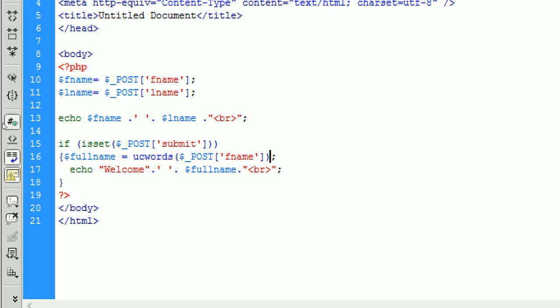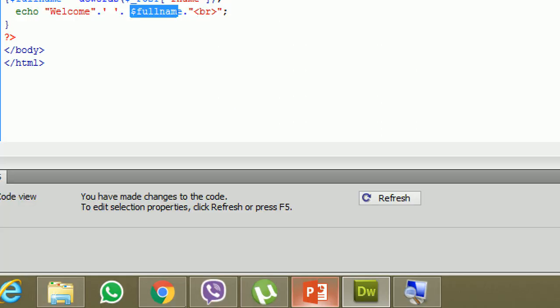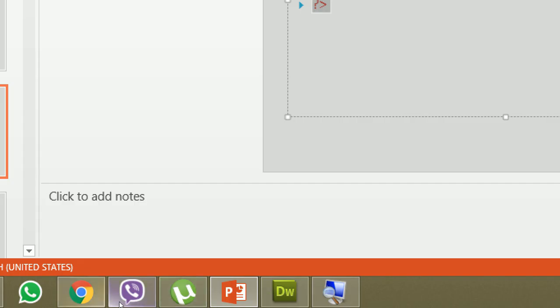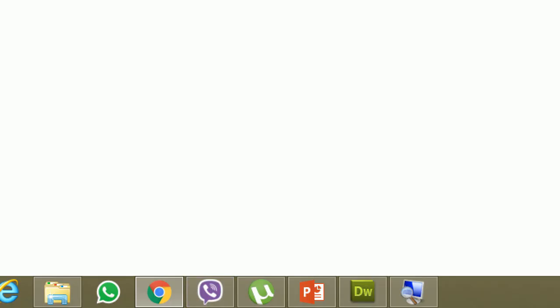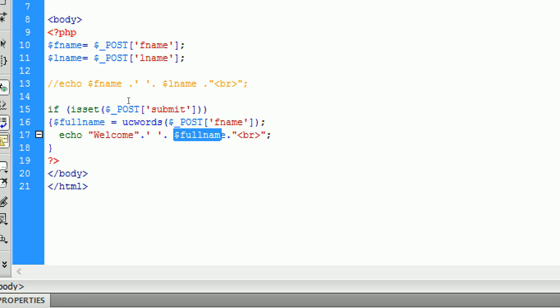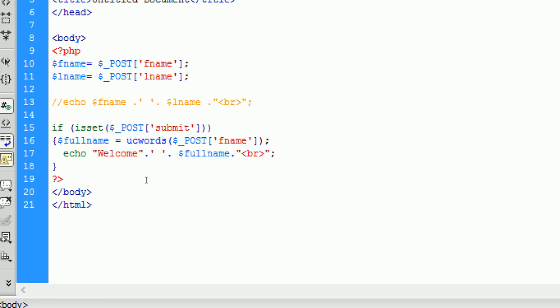Let me make this previous one a comment. Clear? I make it a comment. So welcome Nemad. I entered Nemad in small characters, but the first letter is now automatically capital. Now connect the second one as well. After this, I am concatenating this with the UC words,